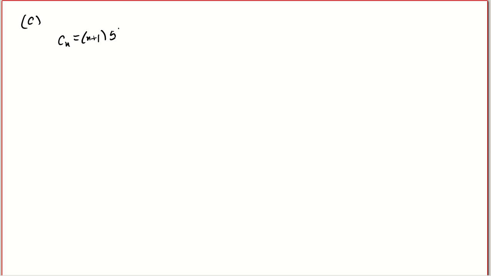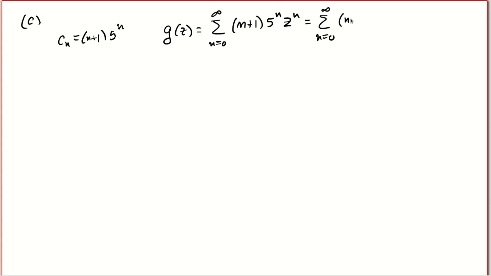Okay, so there's an n missing here, right? So the function g is the sum from n=0 to infinity of (n+1) 5^n z^n. All right? Okay, which is the same as the sum from 0 to infinity of (n+1) (5z)^n, right? Well, again, to identify this, what we need to do is,